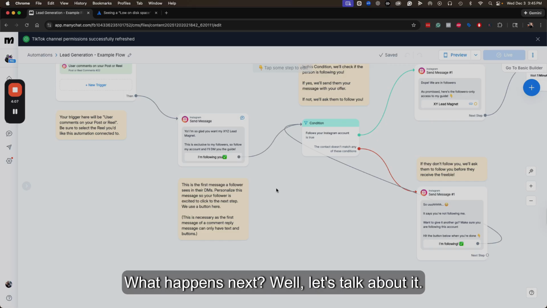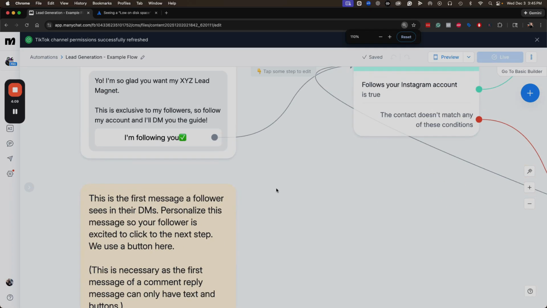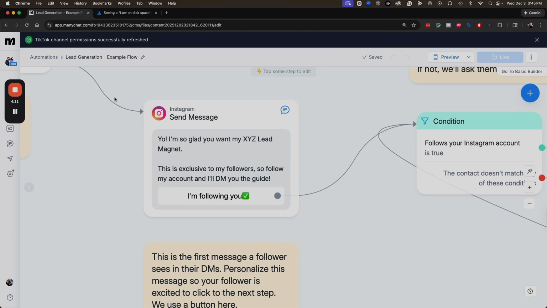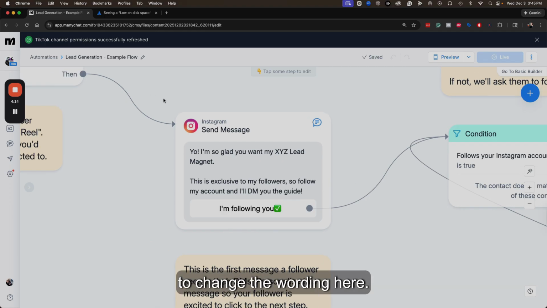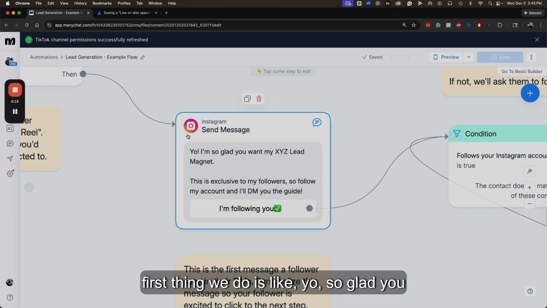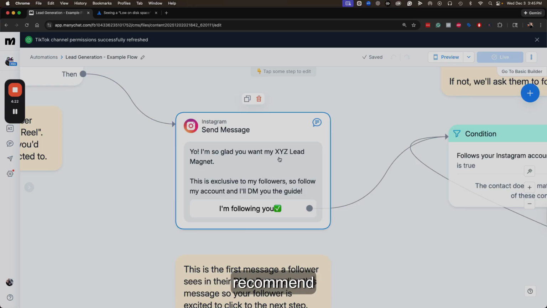What happens next? Well, let's talk about it. So, first thing I do, and by the way, feel free to change the wording here. This is almost like how I talk. So, first thing we do is like, "Yo, so glad you want XYZ lead magnet," because I strongly recommend when